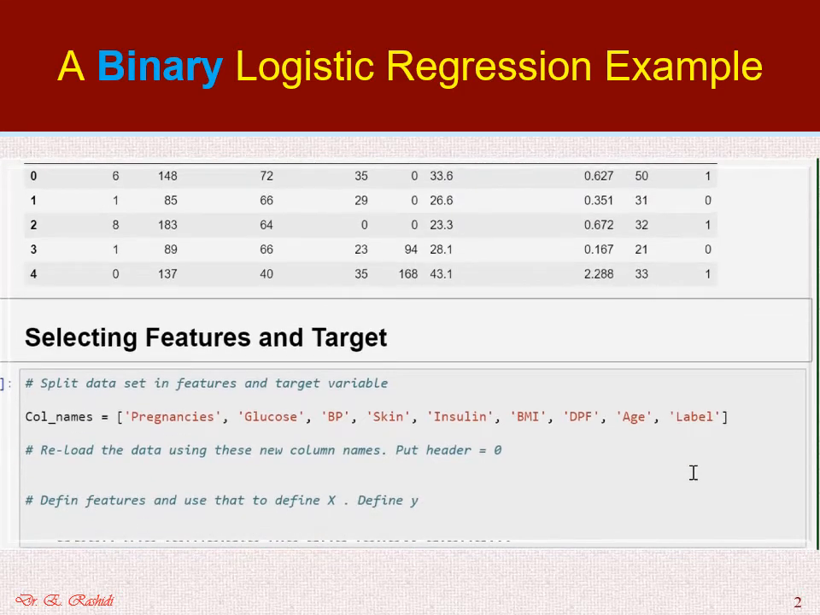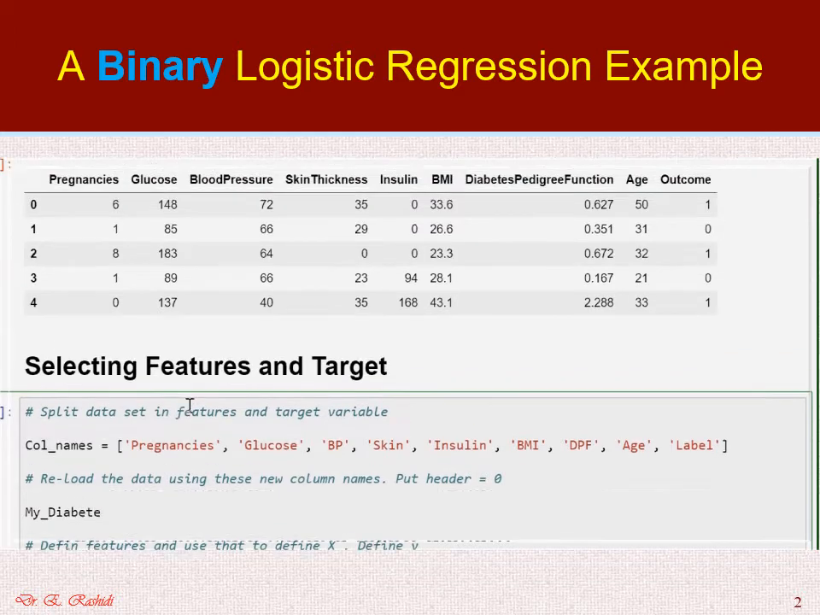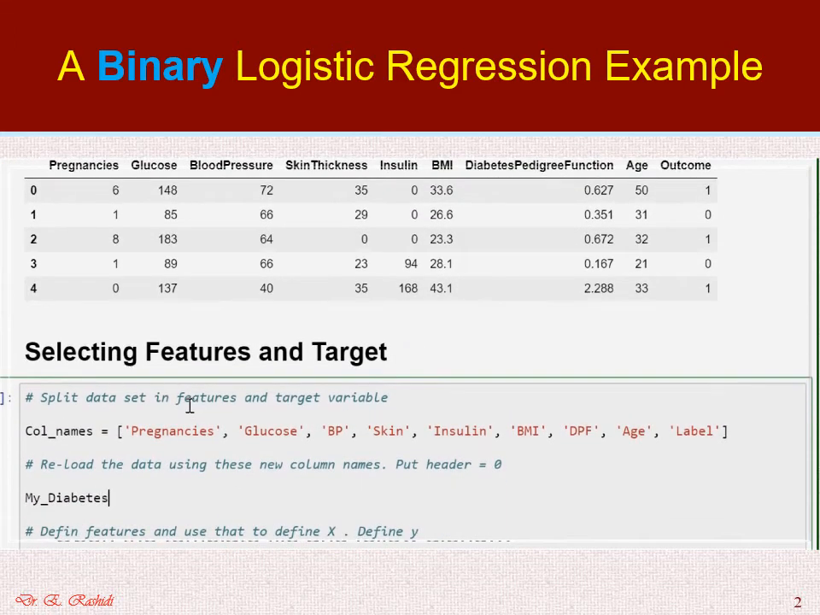So we're going to actually read the data again. This is just for neatness. We don't have to do this really. So I'm going to read the data again with these new column names. So see how we actually do this. I'm going to use the same data set, of course,